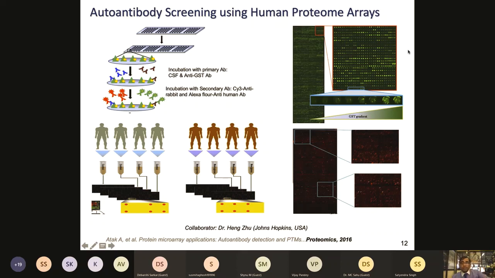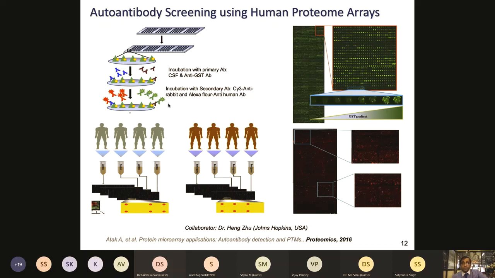So the top panel here on the right side shows the patient design for different grades of the patient. The serum samples are being collected. This is a typical protein array based experimental workflow, where you have the patient sample which contains antibodies, which you are incubating here, either the cerebrospinal fluid or the serum, which contains the antibodies from the patients. And then once they are bound over there, you add the secondary antibody for signal detection. And these are conjugated with either Cy3 or Cy5, or you can use Tyramide signal amplification system with the HRP label as well.